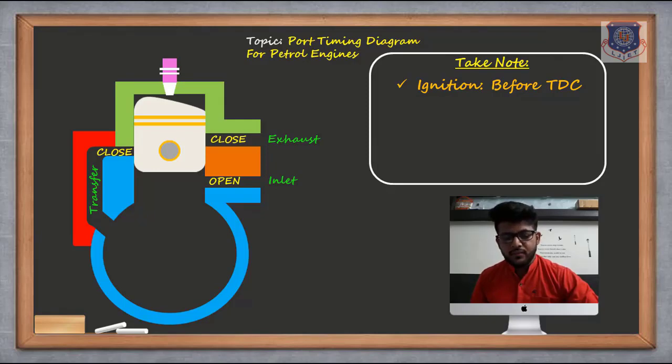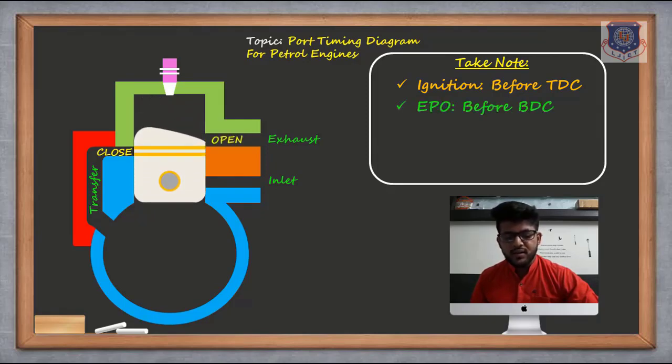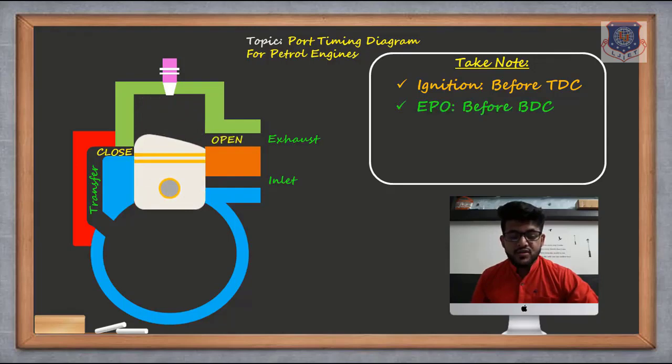It has not yet moved to the BDC. So in that case, it will first open the exhaust port. In that case, the exhaust port is open, the transfer port is closed, and as the piston has now come down, it will also close the inlet port. See clearly, now it is closed. In case you cannot understand, just skip back and see it clearly. So the piston is now coming downwards. First it has opened the exhaust.